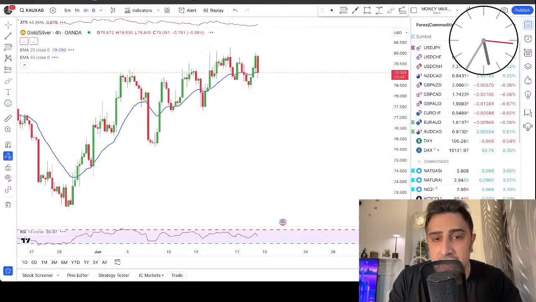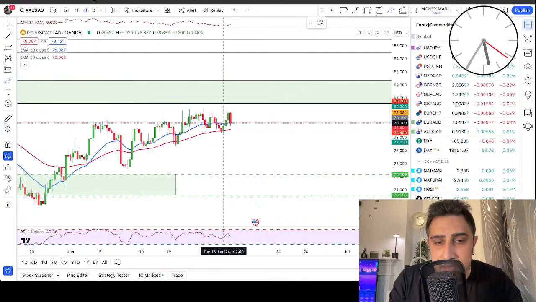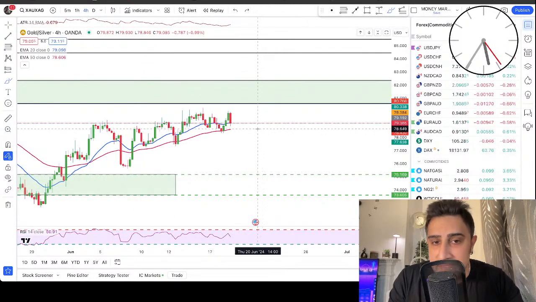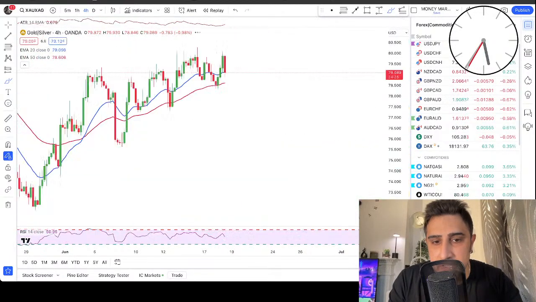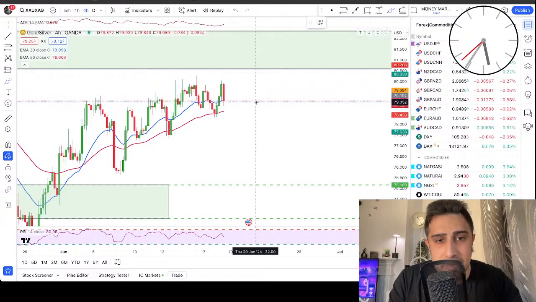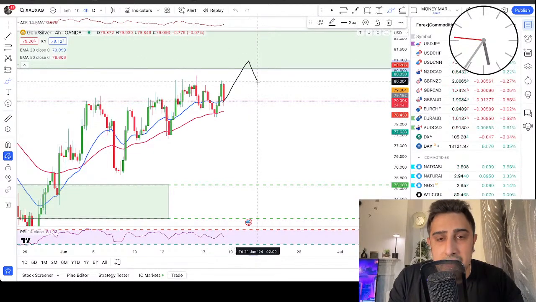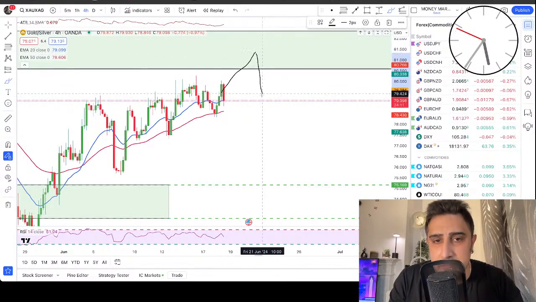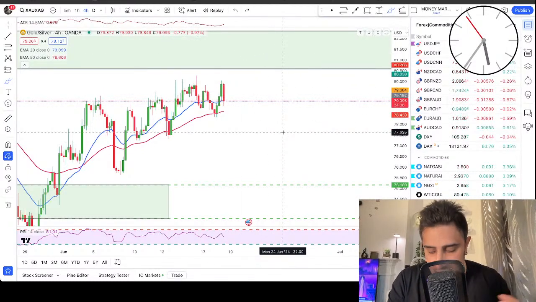I'm also looking at the ratio. Since we are in a live session, it's very easy to explain to you guys. When the ratio hits this resistance level, till then gold will range, or silver will push lower. If you look at silver, we are still ranging on both, and here on the ratio we are pushing higher. Once the ratio hits the resistance level, we can see a possible push down in silver and gold. Once we hit this zone, we'll start to see a retracement. So I want to see a bearish condition on the gold and silver ratio, then gold and silver themselves will start to push higher. That is what we need to look at.